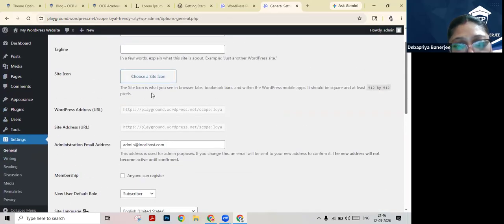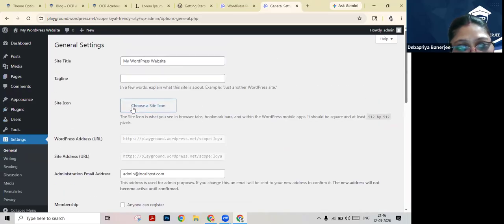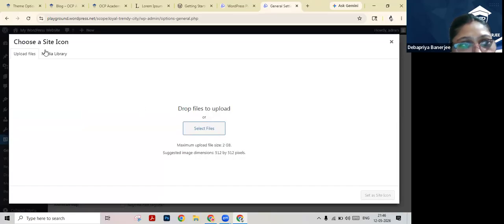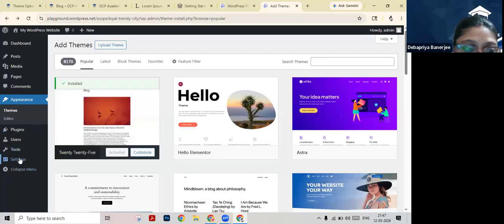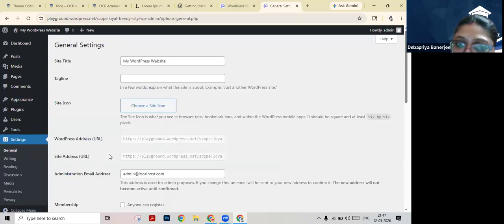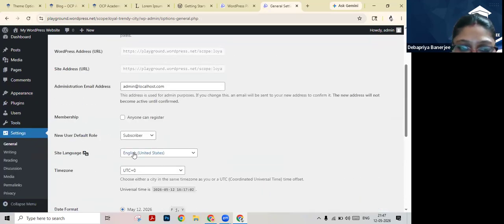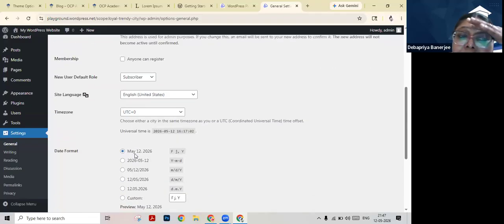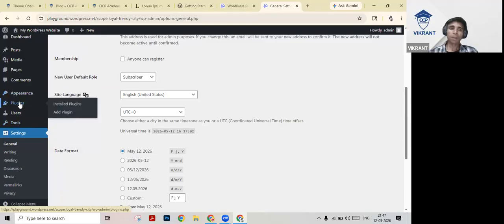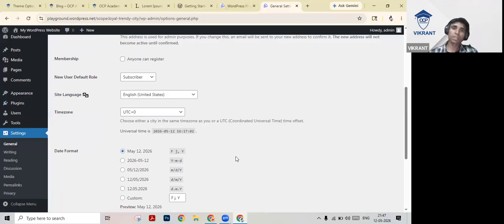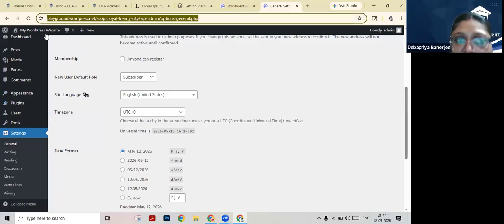ठीक है, अभी के लिए यहाँ से साइट आइकन वगैरह आप डाल सकते हो, जनरल में साइट आइकन मिल जाएगा, यू कैन सिलेक्ट एंड यूज अ साइट आइकन। विक्रांत, प्लीज टेल देम ऑल्सो हाउ यू कैन डाउनलोड इट, how others can do it, and they will also have it in their web as a demo website and can use it. It's very simple, you can just see in YouTube also how to download. तो मैम ये वेब ब्राउजर पर ही है, वर्डप्रेस पे साइट पर ये अवेलेबल है।